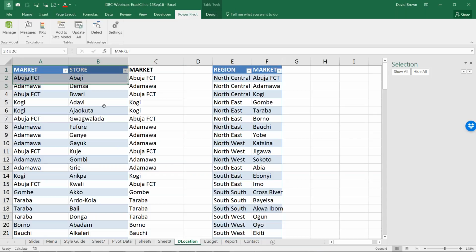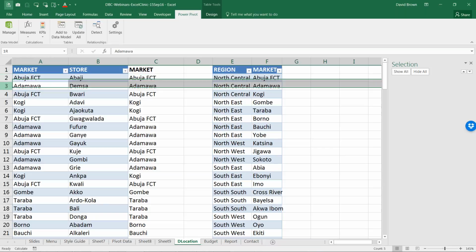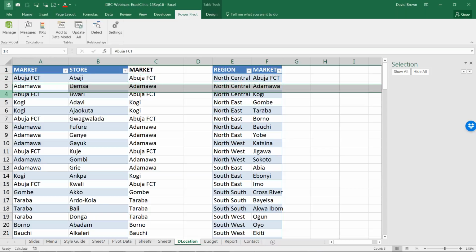INDEX looks at this table, and every single cell inside this table has an address. How INDEX works is this: everything has an address. If you look at Buhari, for example, Buhari has a row address and a column address. It is in column 2 of this table. You can see A and B; this table has only 2 columns, A and B. So Buhari is in column 2. And what row is Buhari? If you check, you see row 1, row 2, row 3, row 4. Buhari is row 4.